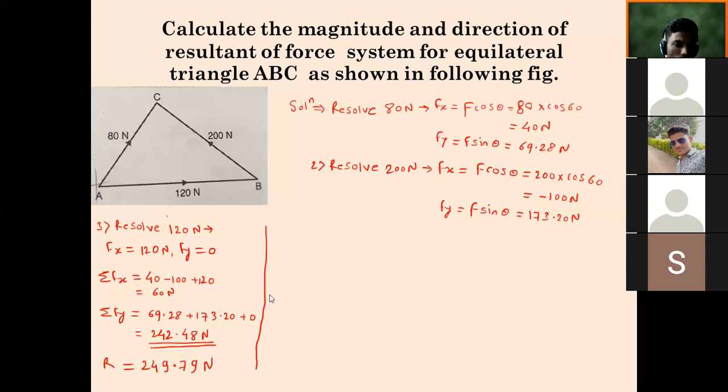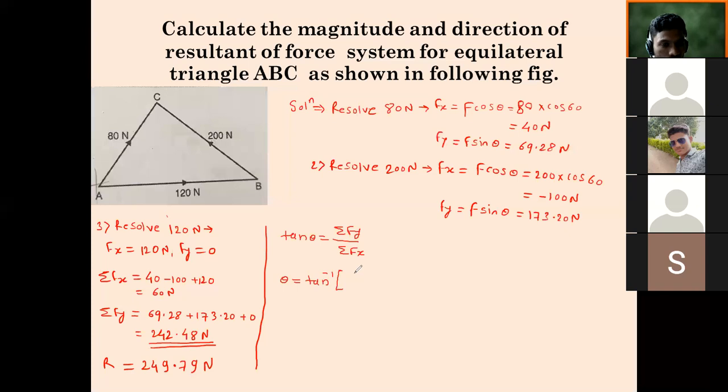Okay, so R we have found out, resultant we have found out. So what is our aim to find out now? Theta. So what is the formula for theta? Tan inverse summation of Fy upon Fx. Okay, so tan theta is equal to summation Fy upon summation Fx. Will you calculate now? So theta will become 76.10. Again different answers. What is the problem?